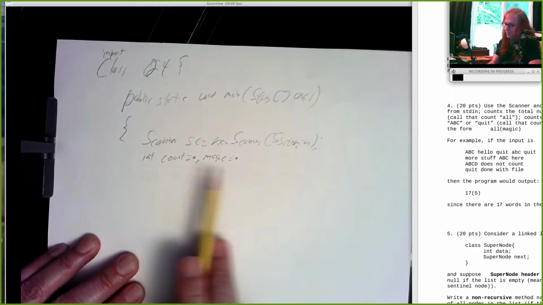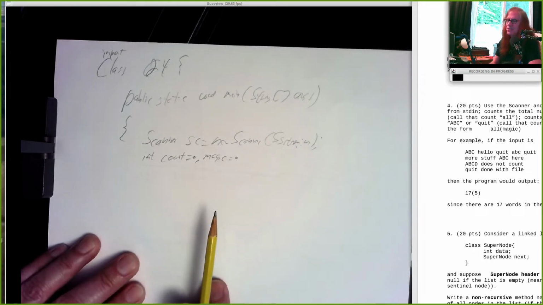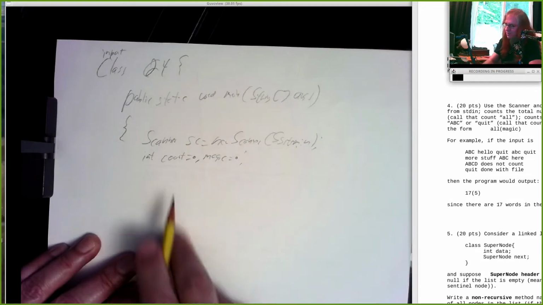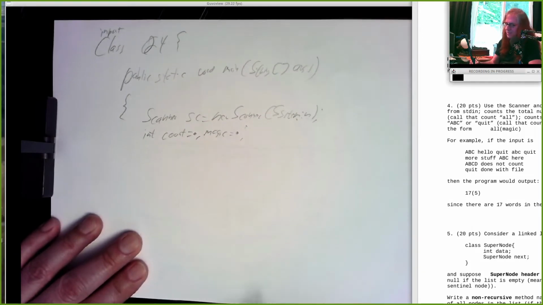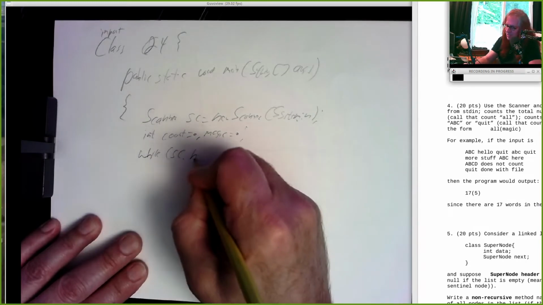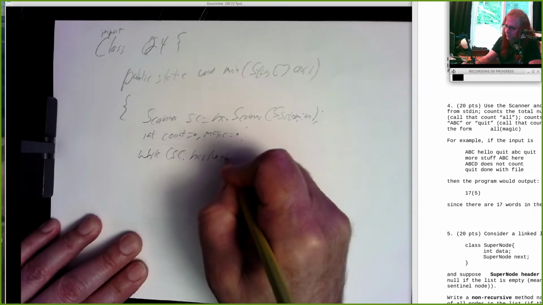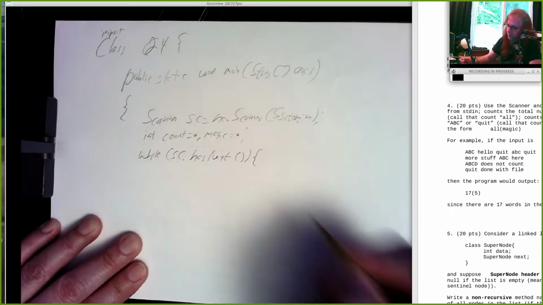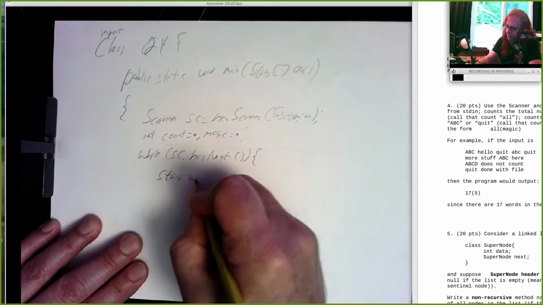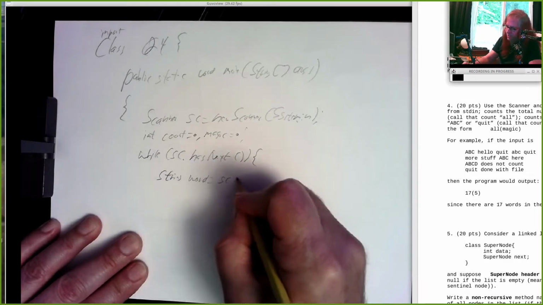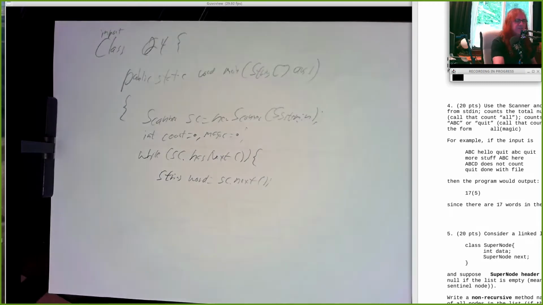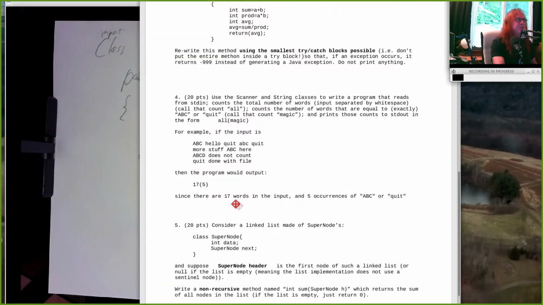And you have to do it like that. You can't just say count comma magic equals 0. That would only initialize this one. I didn't take off for that, but you have to give them values like this. And then while sc.hasNext, and so string word equals sc.next. So that's the next word, separated by white space, and now you need to do two things,